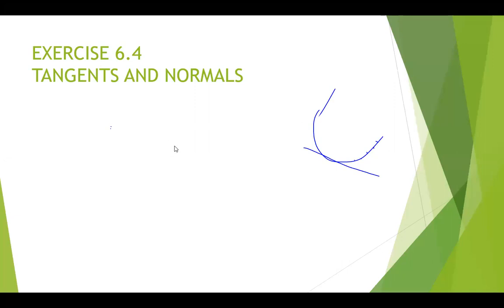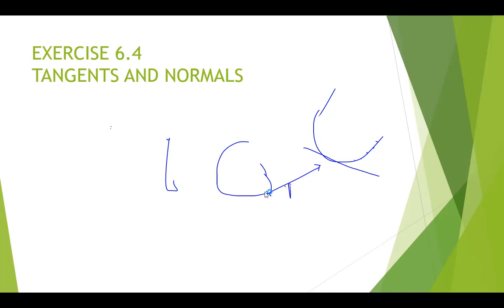In real life, what is a tangent? How can we visualize this? I'll give an example. Suppose a vehicle is moving in a circular path or in a U-turn like this. While taking the U-turn, if the vehicle gets stuck or skids, it moves in this direction. So at what point did it skid? This is the point. But what is the path for that curve? The path for that curve would be like this.